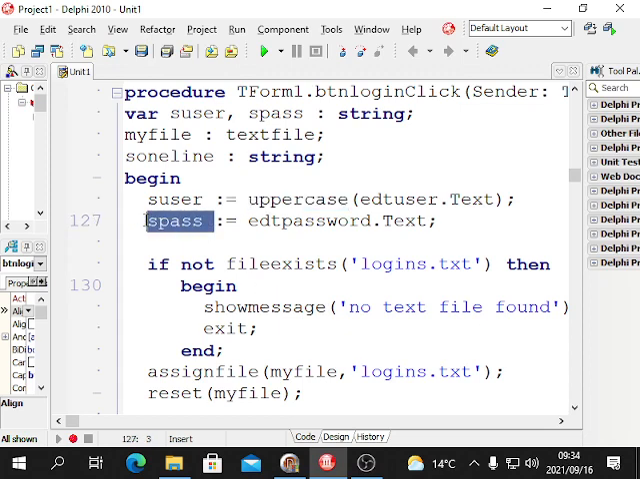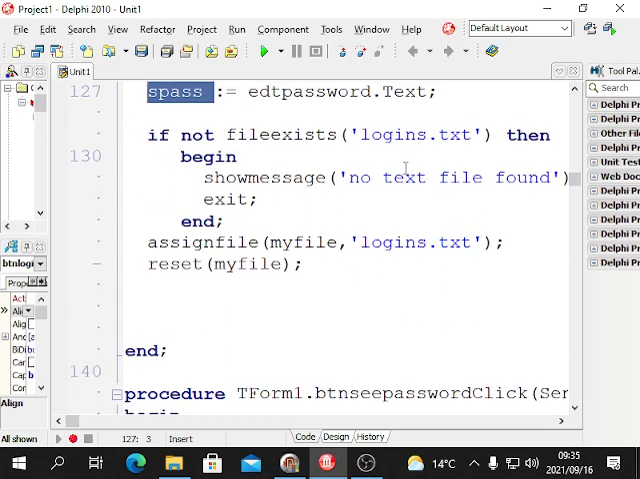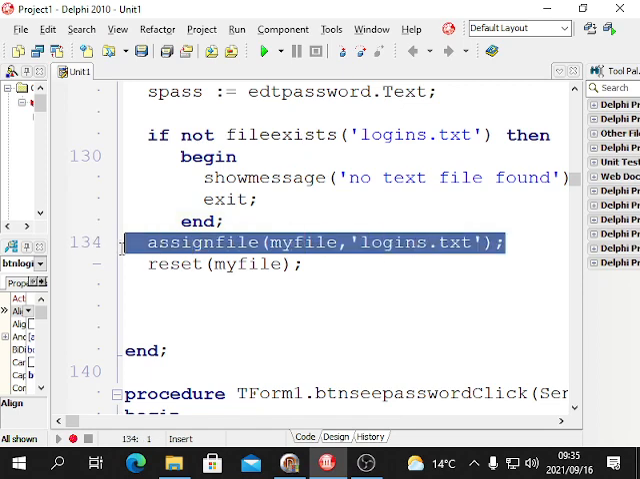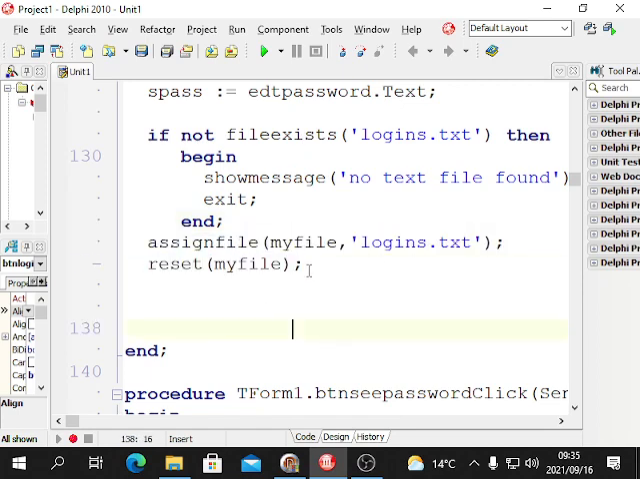We get the password. If the text file does not exist, you have to put a show message and exit. Then, if the text file does exist, we'll have this assign file and reset. That's where we got. Now,